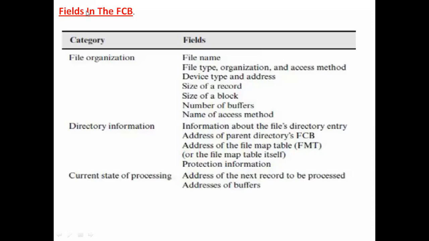Whatever fields are there in the file control block, for example the file organization, and in this category you can find these fields: the file name and file type.